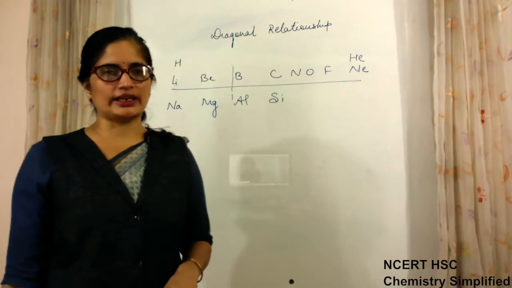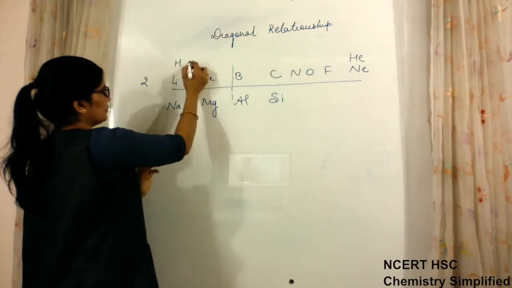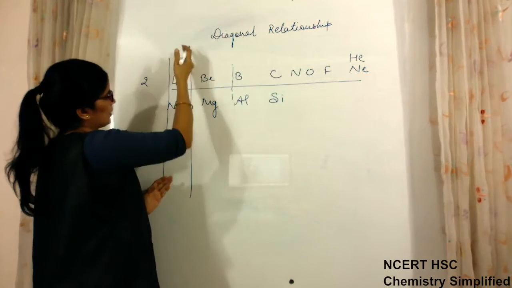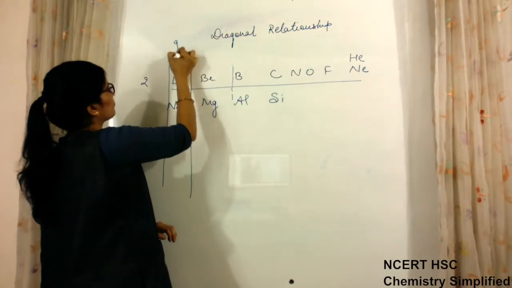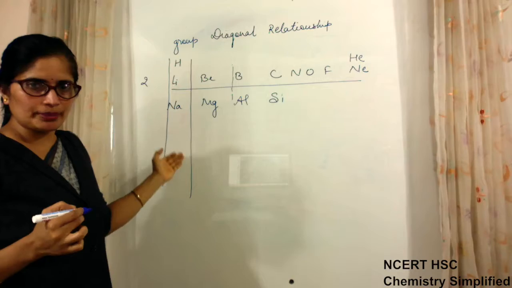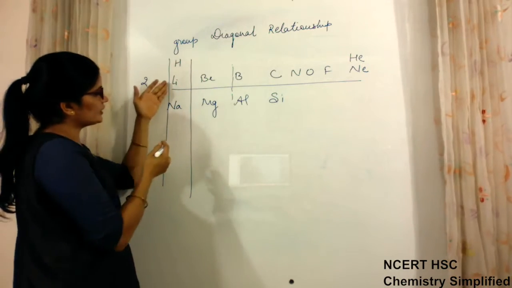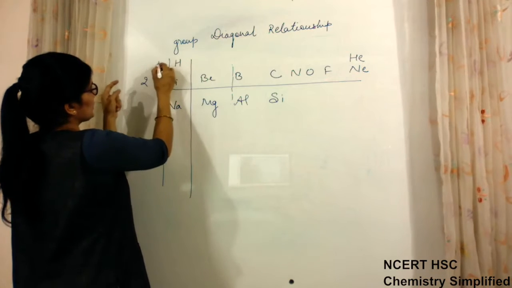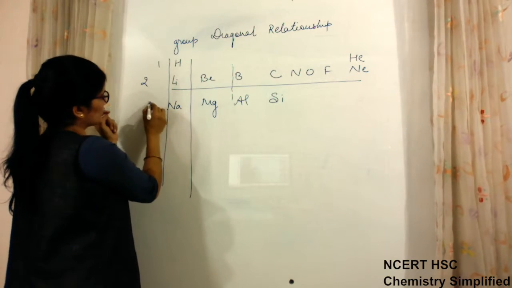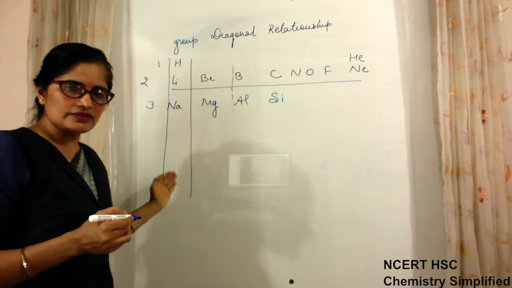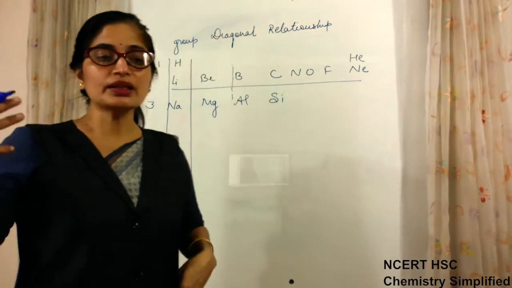second shell. And the elements present in one group, vertical is a group, horizontal is a period, have their last electron entering different shells. For the first period it is 1, for the second it is 2, for the third period it is the third shell. That means as we come down, the number of shells increases.